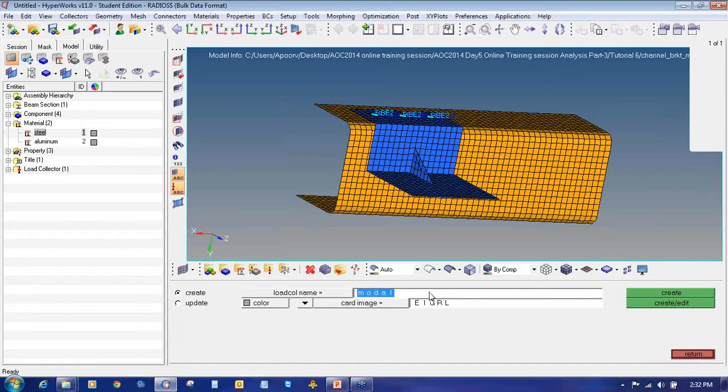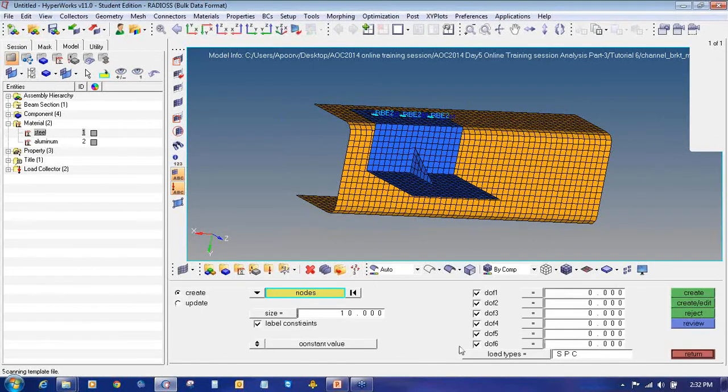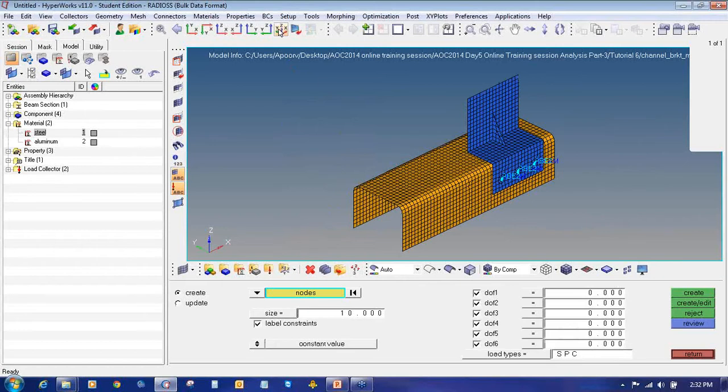Then we will again create one more load collector as constraint, or name it as SPC, defining a color with no card image. Create. Go to analysis, constraint, make it in isometric view.